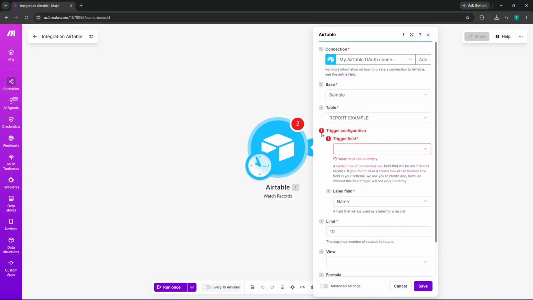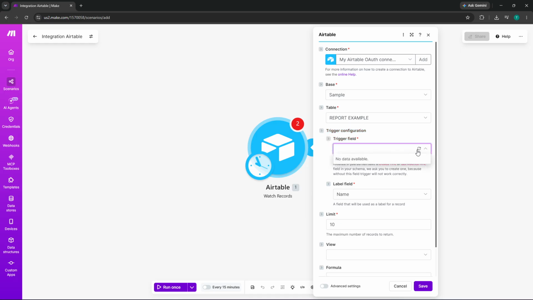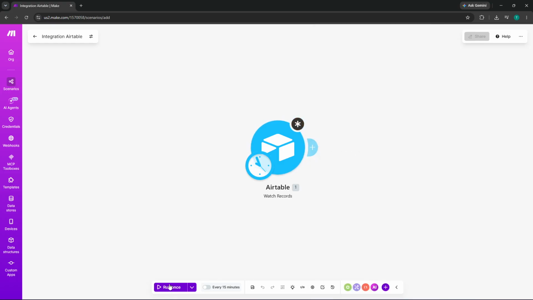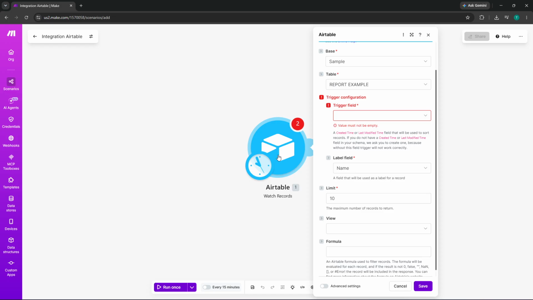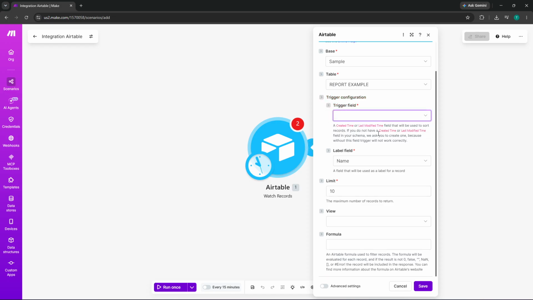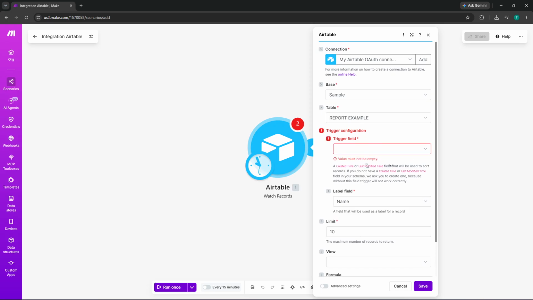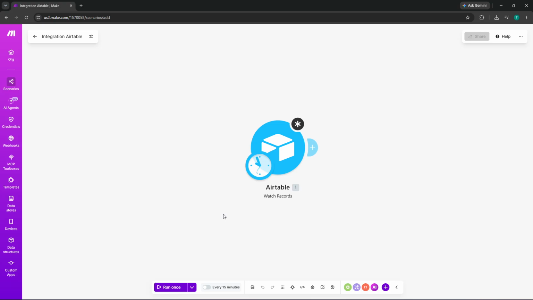Now test the connection by clicking Run once to trigger sample data and verify everything works. Open your Airtable base and check that records are being created or updated correctly. If something fails, review your connection permissions, confirm you've selected the right base and table, and double-check your field mapping accuracy. When you're satisfied, turn on scheduling if you want your automation to run continuously, then click Save to store